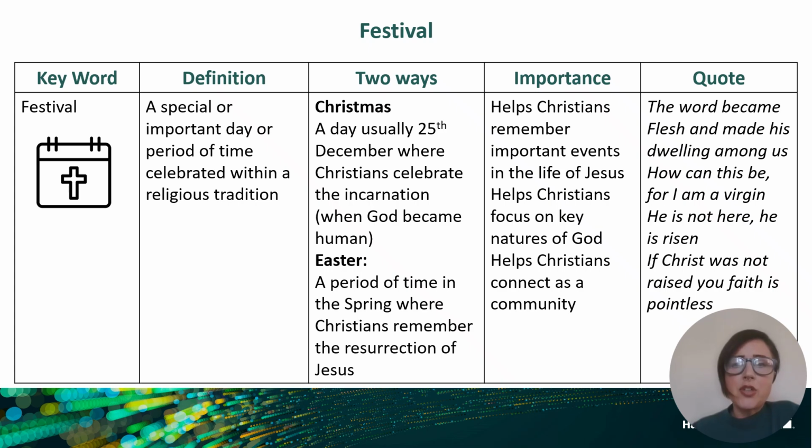Now we need to know that there are 2 Christian festivals in case it comes up as a 1 or 4 marker. So the 2 ones are shown on the screen here. So the way of celebrating festival number 1 is Christmas. That's a day, usually the 25th of December, where Christians celebrate the incarnation, when God became human. And then way 2 is Easter, which is a period of time in the spring where Christians remember the resurrection